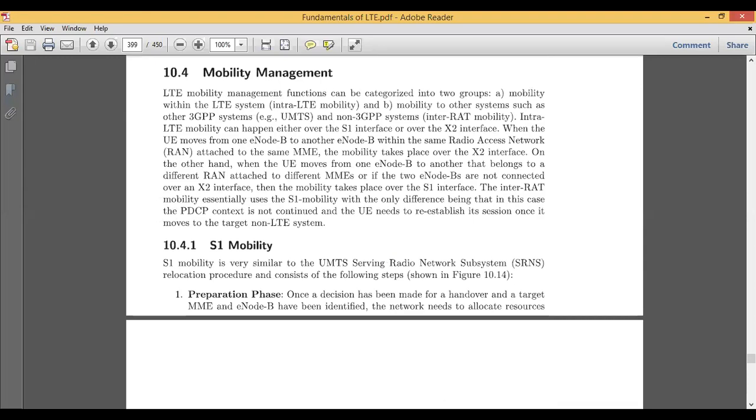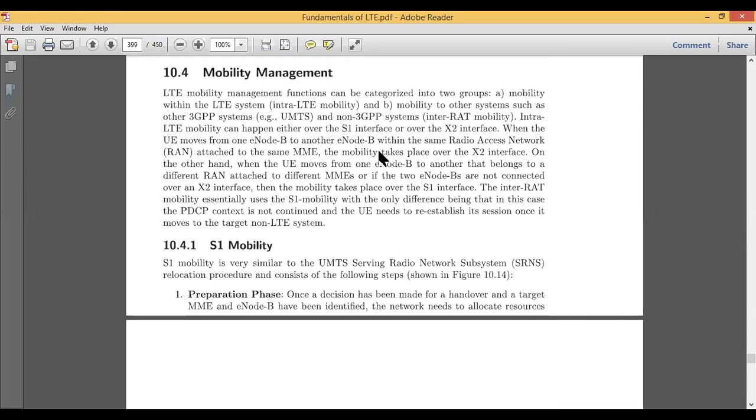The first category is mobility within the LTE system, which we call intra-LTE mobility, similar to internet and intranet. Mobility means moving from one unit to another unit, or one entity to another entity, or from one point to another point.